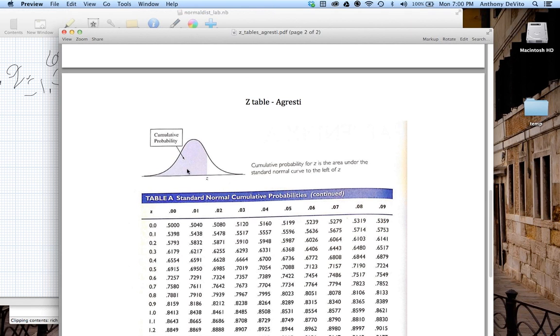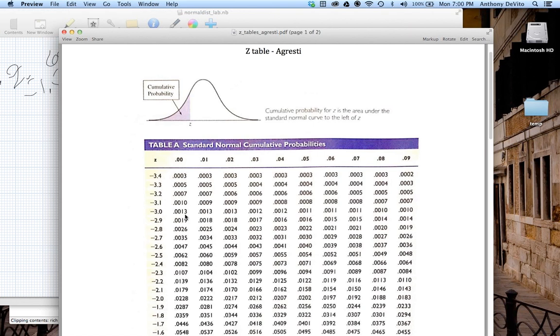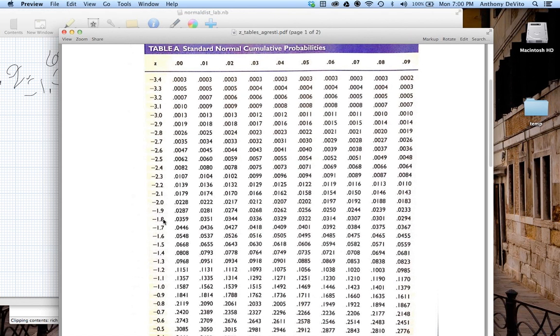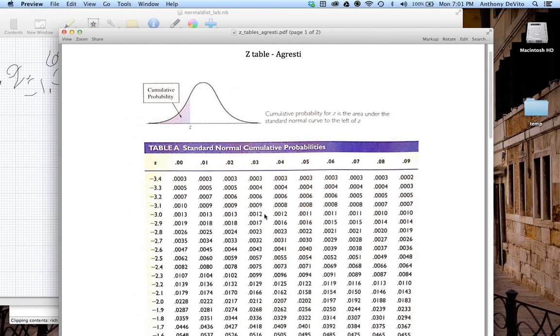Okay, so now the problem here is that when we go below 0, z-score below 0, well, now we're on the other side of the mean. So we have another distribution over here where we can actually read a negative number like that. Negative 1.50 is going to be about 7%, right? Remember, that's symmetrical, and that's the area below that z-score. So we can actually use this table to calculate all these different values.